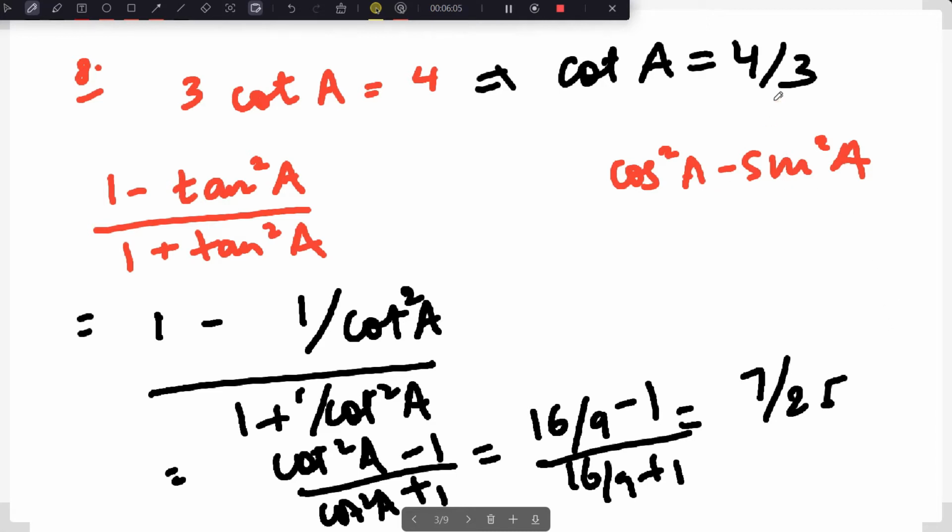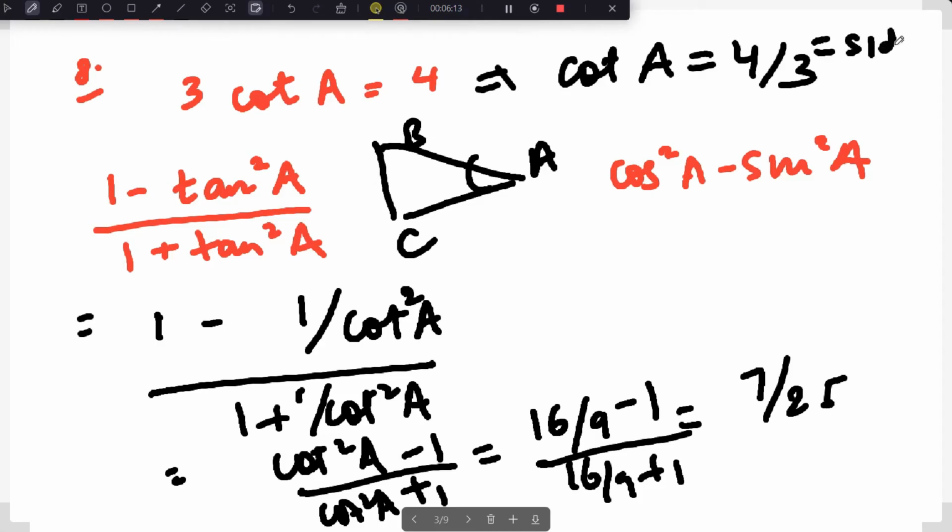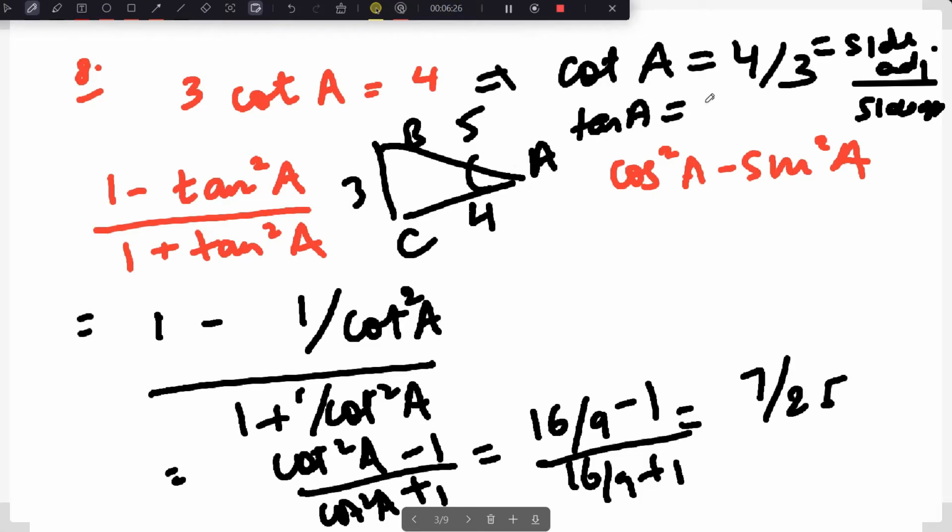What does this mean essentially if you just look at an angle? A, B, C. This is A. Cot A is side adjacent divided by side opposite to the given angle. So that means side adjacent, side opposite. This is 5 obviously. What you can also do is you can simply say, so what is tan A? Tan A is 3 by 4. That is what I've substituted here, right?